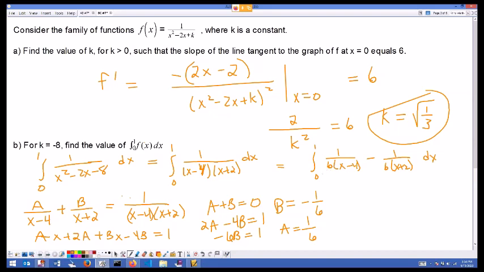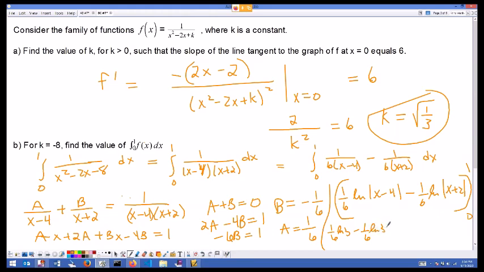There are no discontinuities on our interval. There's one at 4 and -2, but none on our interval, so it's not an improper integral. So we'll just integrate. This becomes 1/6 natural log absolute value of x minus 4 minus 1/6 natural log absolute value of x plus 2, from 0 to 1. If we plug in 1, we get 1/6 of the natural log of 1 minus 4, which is -3. Absolute value is 3. So 1/6 ln 3 minus 1/6 ln 3, so that part's going to go away,